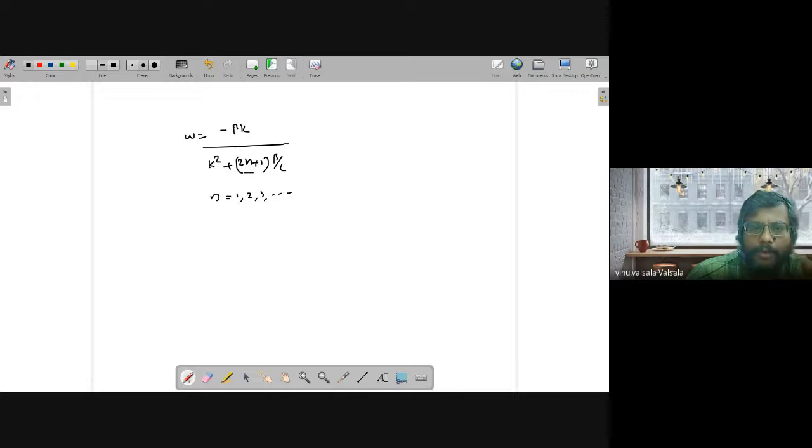Before going to that, let us pay some attention to all these terms. Actually this 2n plus 1 beta by c, you can assume it as the meridional wave number. That may be an easy interpretation. If k is the zonal wave number, you are equally eligible to take a meridional wave number. What is that meridional wave number? The number of waves in the meridional direction for a given wave. So instead of just saying it's the meridional wave number, we are discretizing it into a certain number of definite modes, whether n equal to 1, 2, 3, etc. So this is another way of interpreting what this mode means.